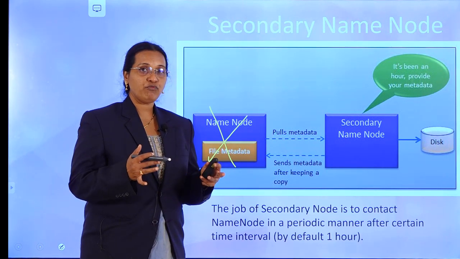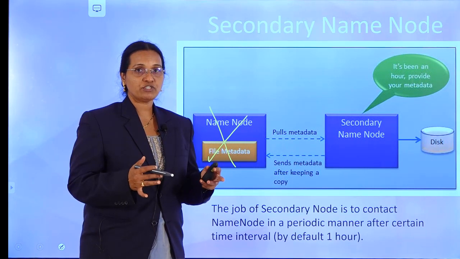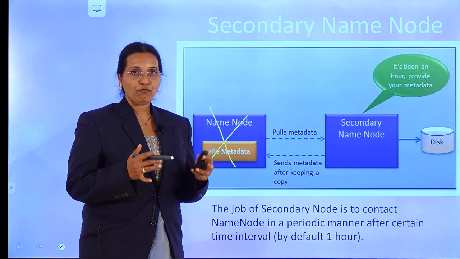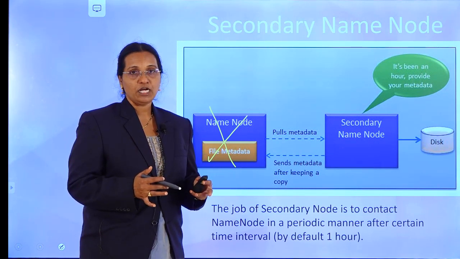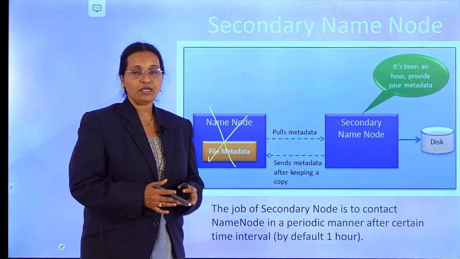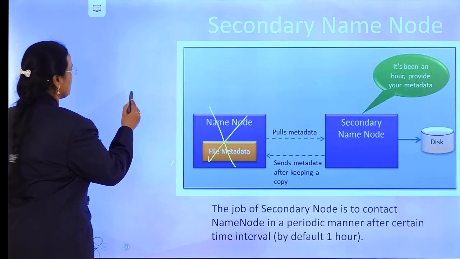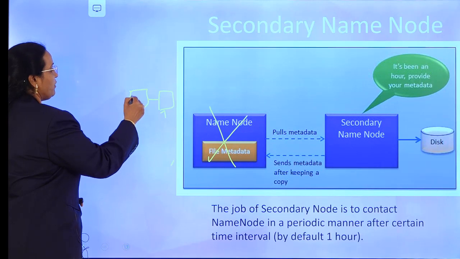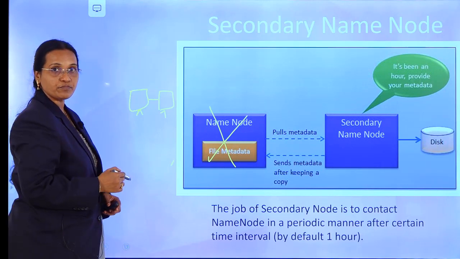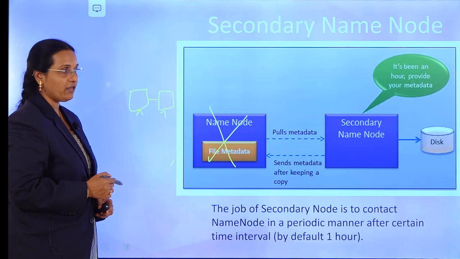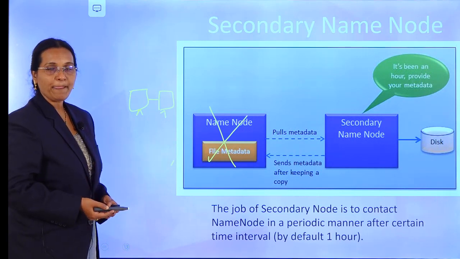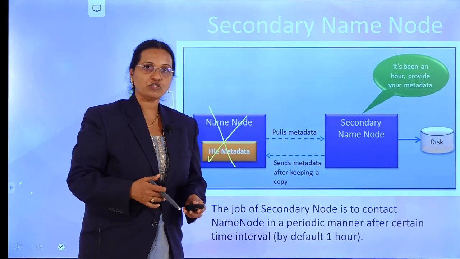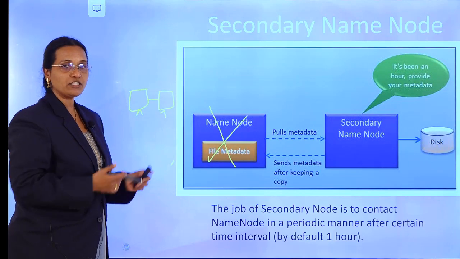There is a chance of slave nodes not working because of hardware failure. In that case, we have a fault tolerance mechanism in Hadoop. If the node is not working, the heartbeat is not going to the job tracker. Once the heartbeat is not going to the job tracker, that means the node is not working. Similarly, for human beings, when the heartbeat is not there, we are almost dead. Similarly here, if the heartbeat is not going to the job tracker, this node is not working.